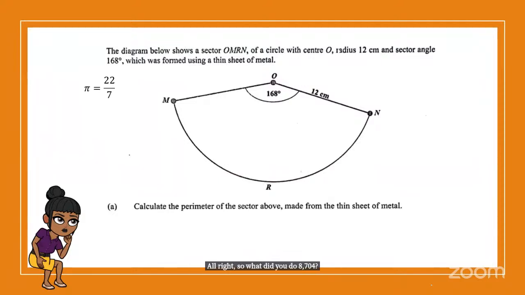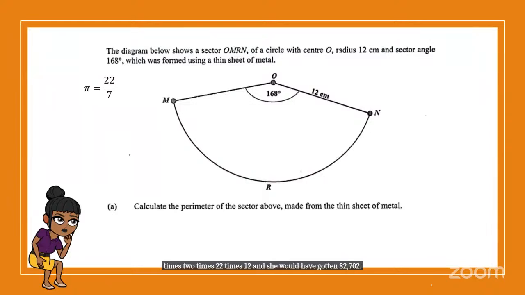Miss, I times 168 times 2 times 22 times 12. Somebody want to check that for me and tell me if it's right? She said she multiplied 168 times 2 times 22 times 12, and she would have gotten